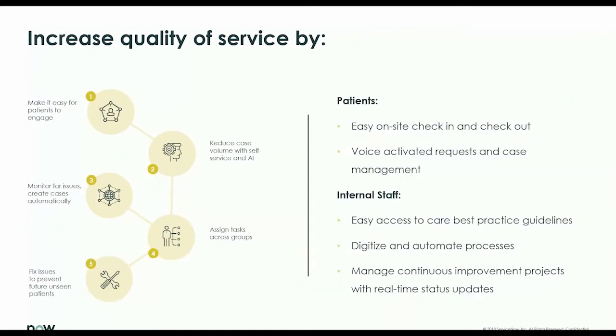So I'm going to talk just briefly here about quality of service, and then I'll be handing over to Jeremy to talk about cost of service. When it comes to quality of service, as I mentioned before, in terms of various initiatives and the associated outcomes, we're really looking for ways to enhance that quality of service and its effectiveness. Typically what we see from an internal staff perspective, because this is where a majority of the work is being done so that we can improve that quality of service,